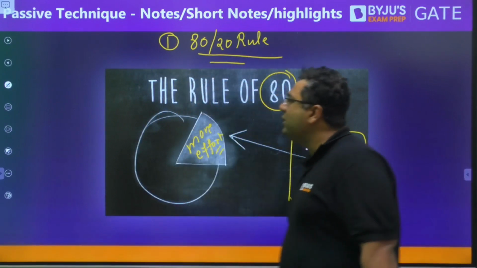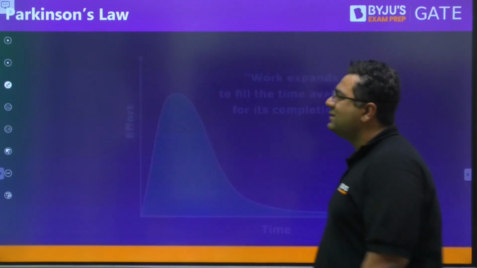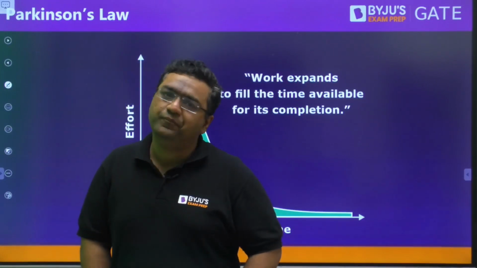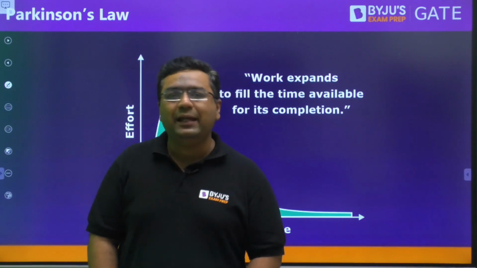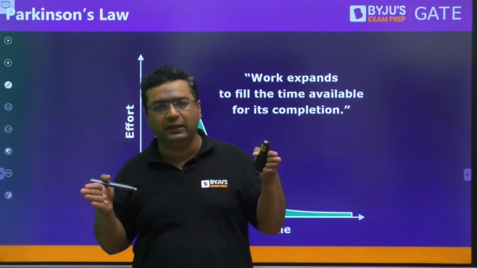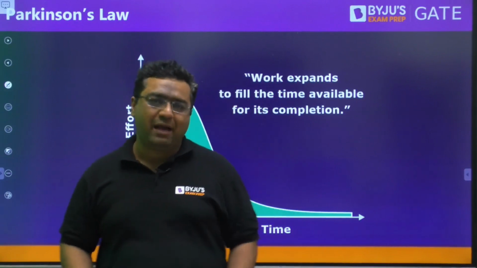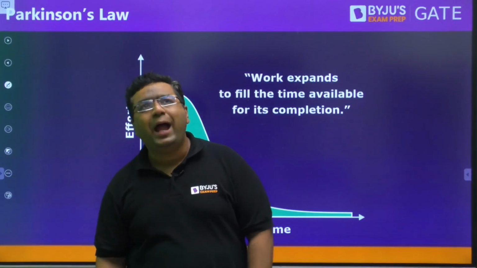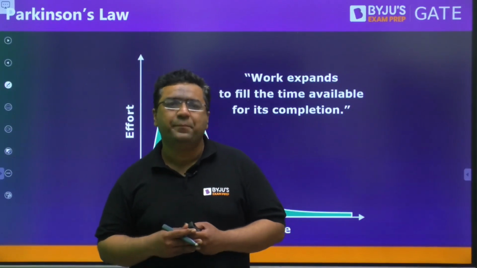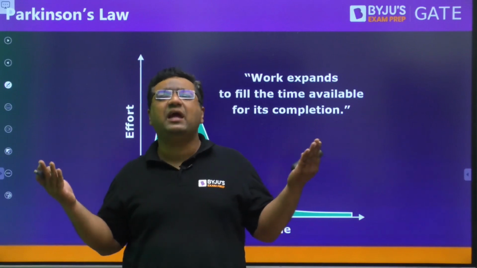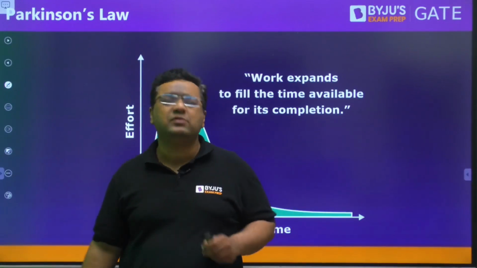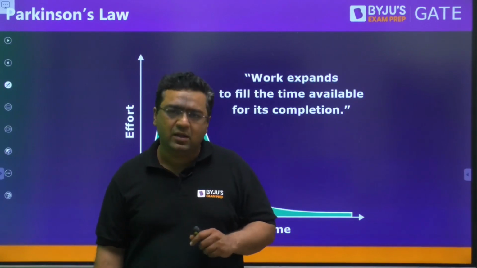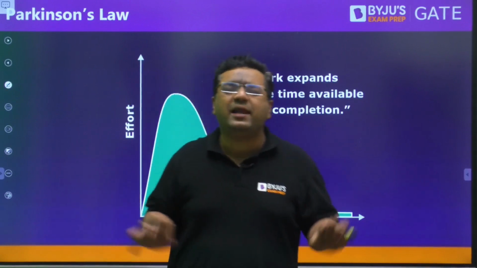Then my dear, I am coming to the last but not the least, the second rule, Parkinson's rule. We all humans have a tendency that whenever we have some time to do something, we always try to fill the gap. Like if a task is given to you for 10 days and that task may take 2-3 days, we will try to elongate it because we know we have a long time. It happens many times. Whenever we got assignments, we always completed them on the last day. In the starting we go slowly because we know we have enough days.